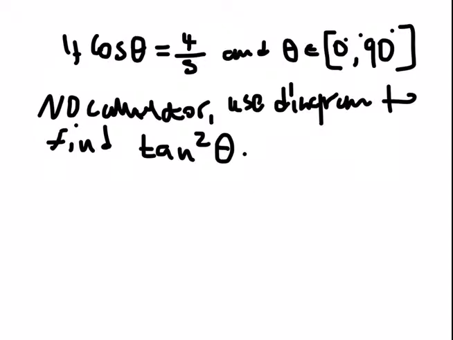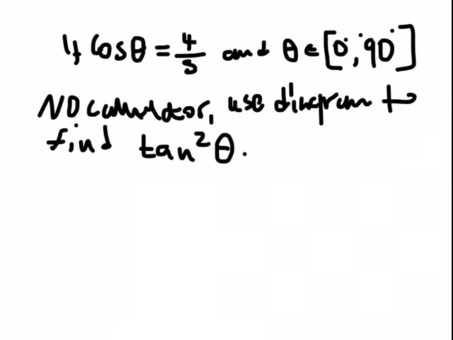Okay. So now I'm going to take you through this interesting part of trigonometry where you will be given a statement which says if cos theta is equal to, in this case, 4/5, and where theta is an element of 0 degrees and 90 degrees, calculate without the use of a calculator and with the aid of a diagram the value of tan squared